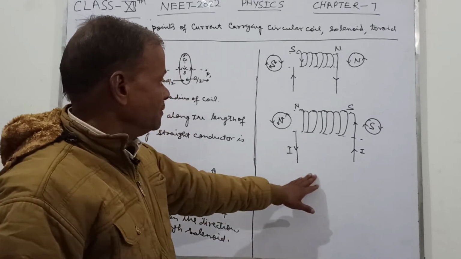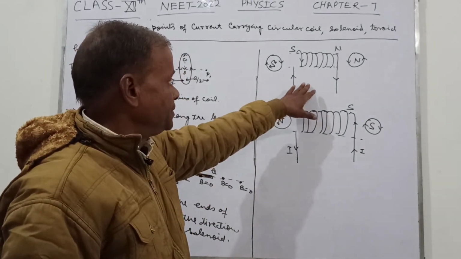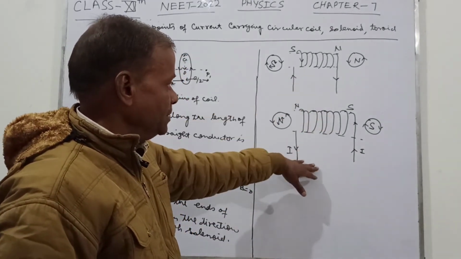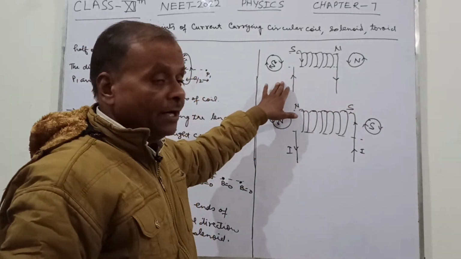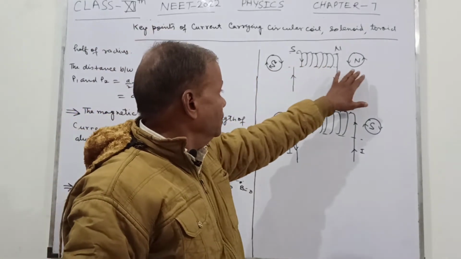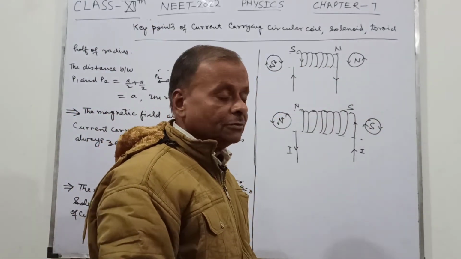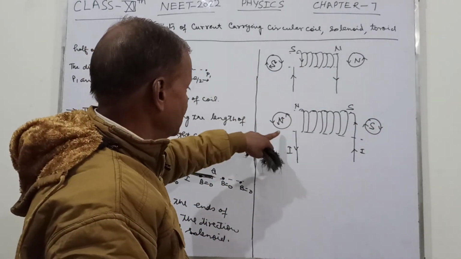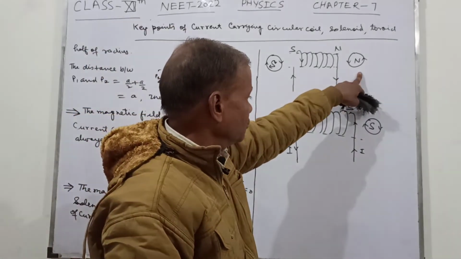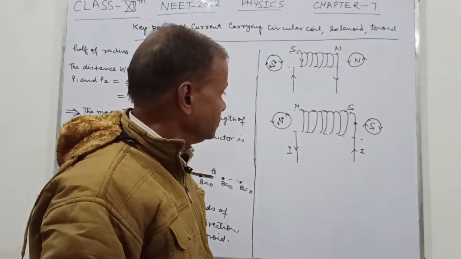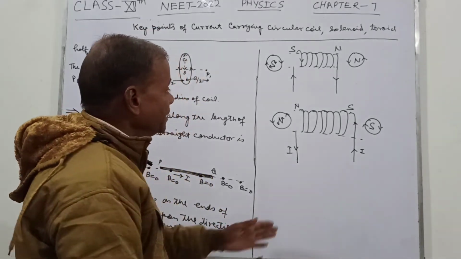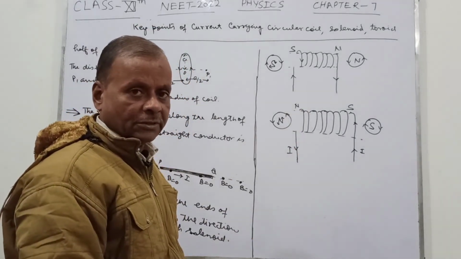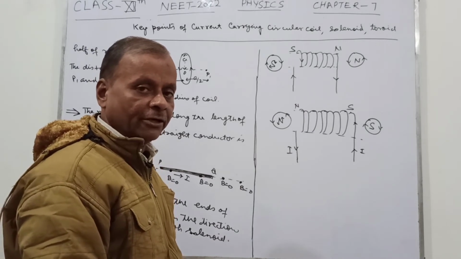So if the direction of the current is interchanged in this coil, then the polarity of this solenoid will change. So if suppose this is now south pole, then this will become north, and this is now north, then this will become south. So now what we have, suppose I have taken this binding like this one. If I take the binding by another way,